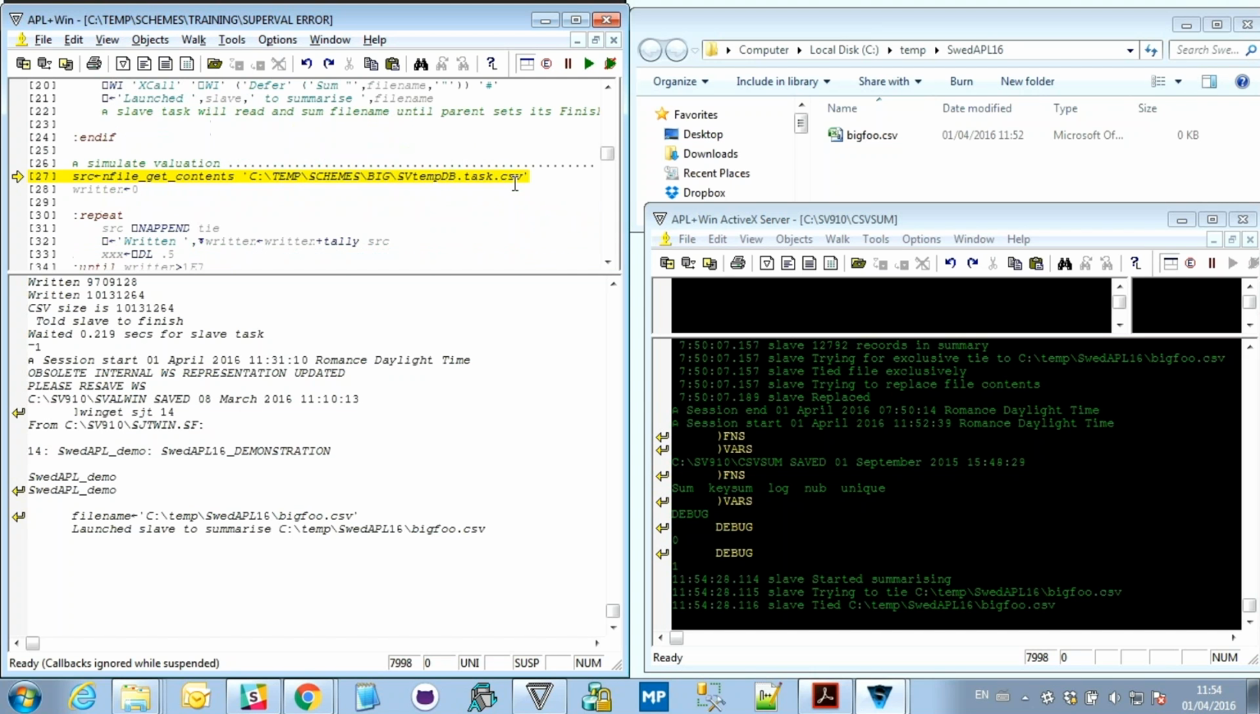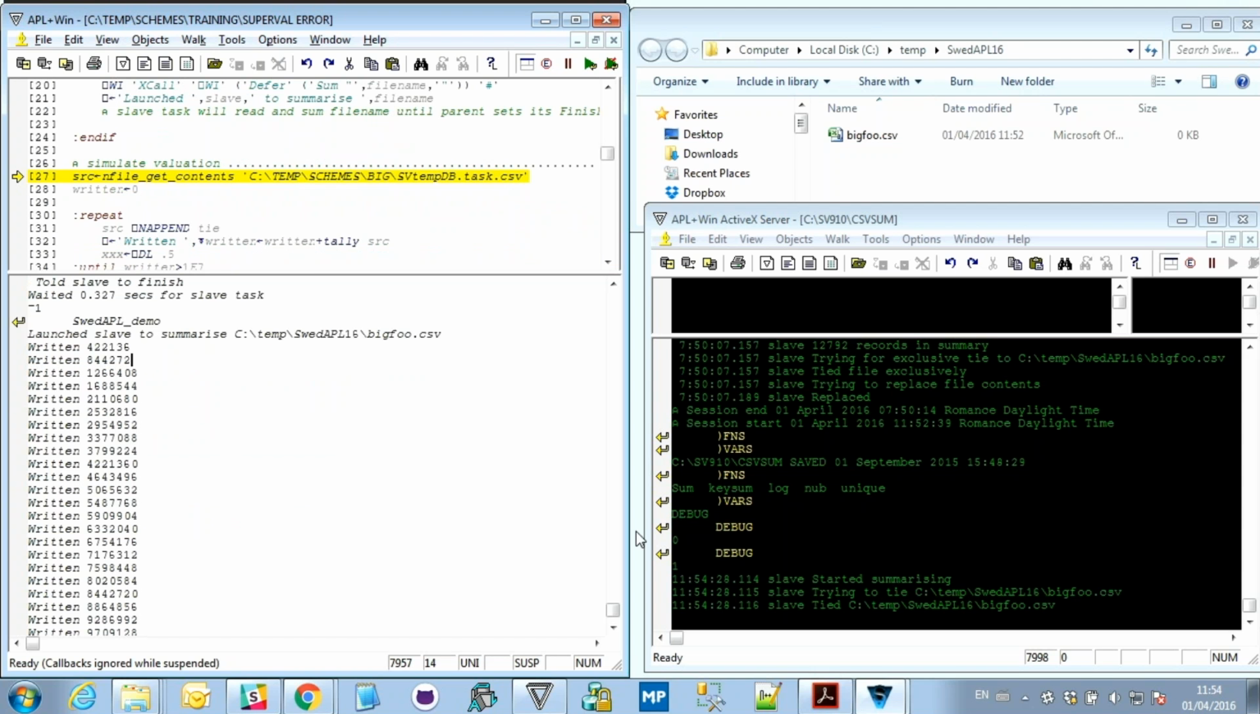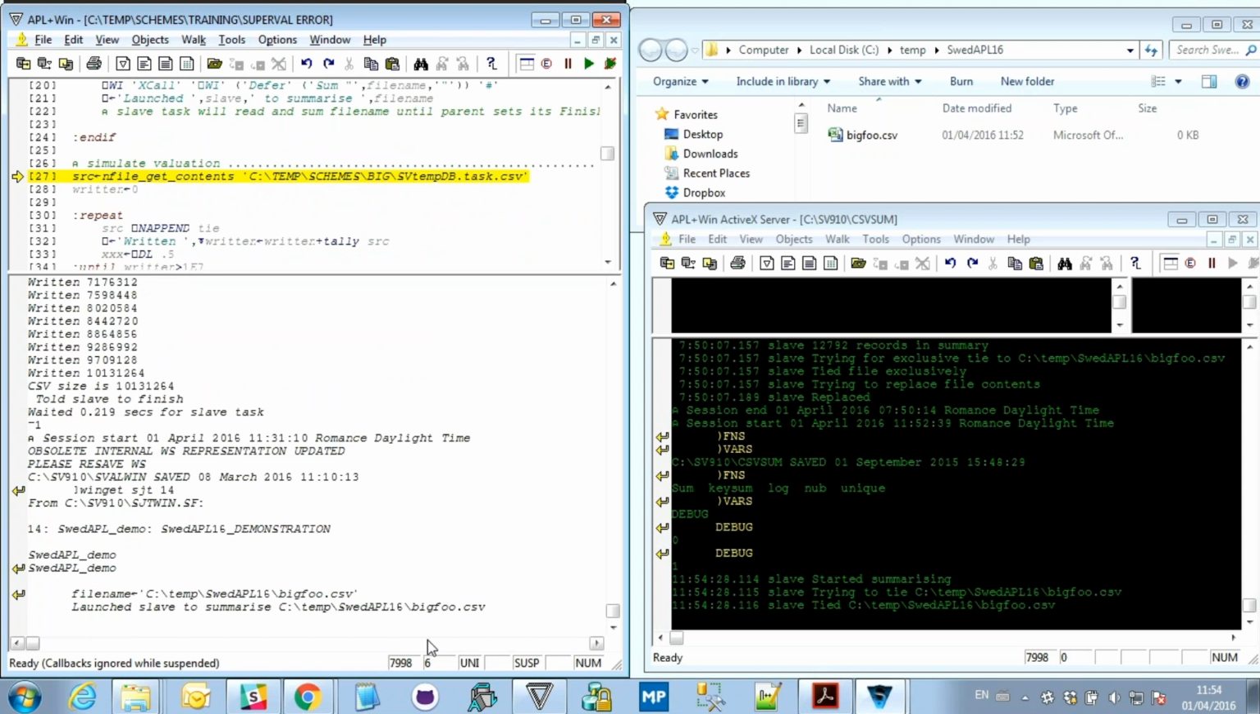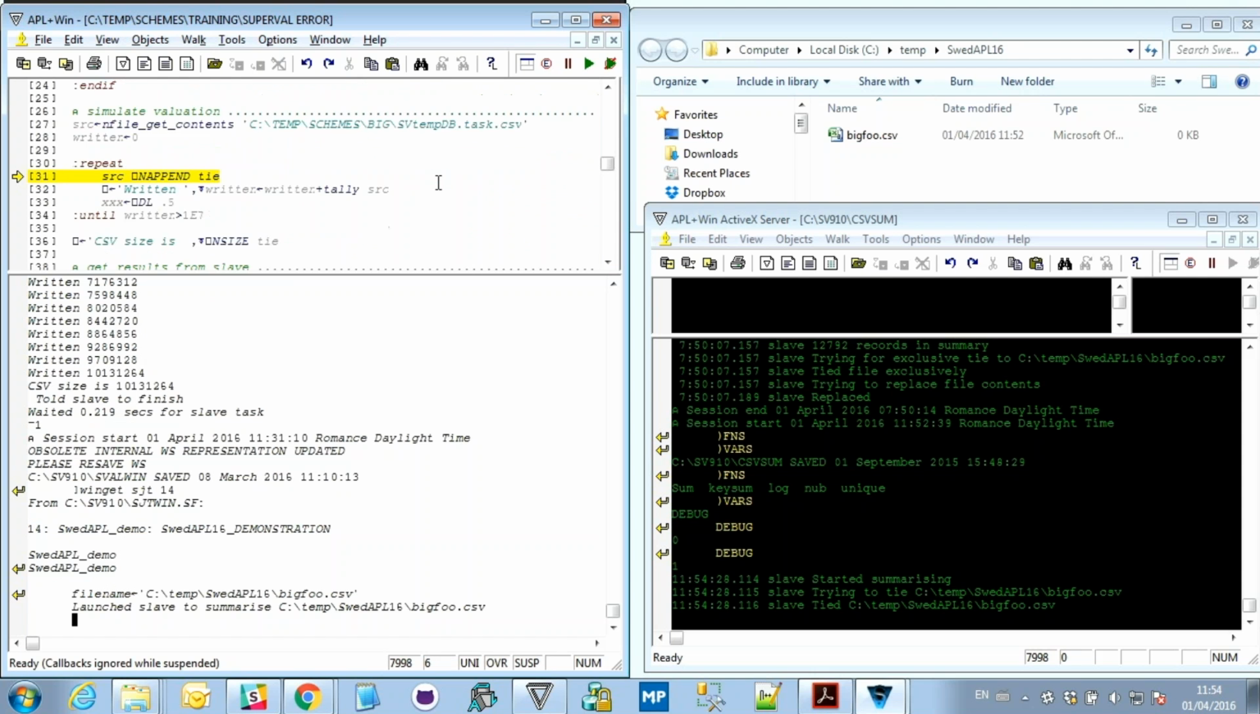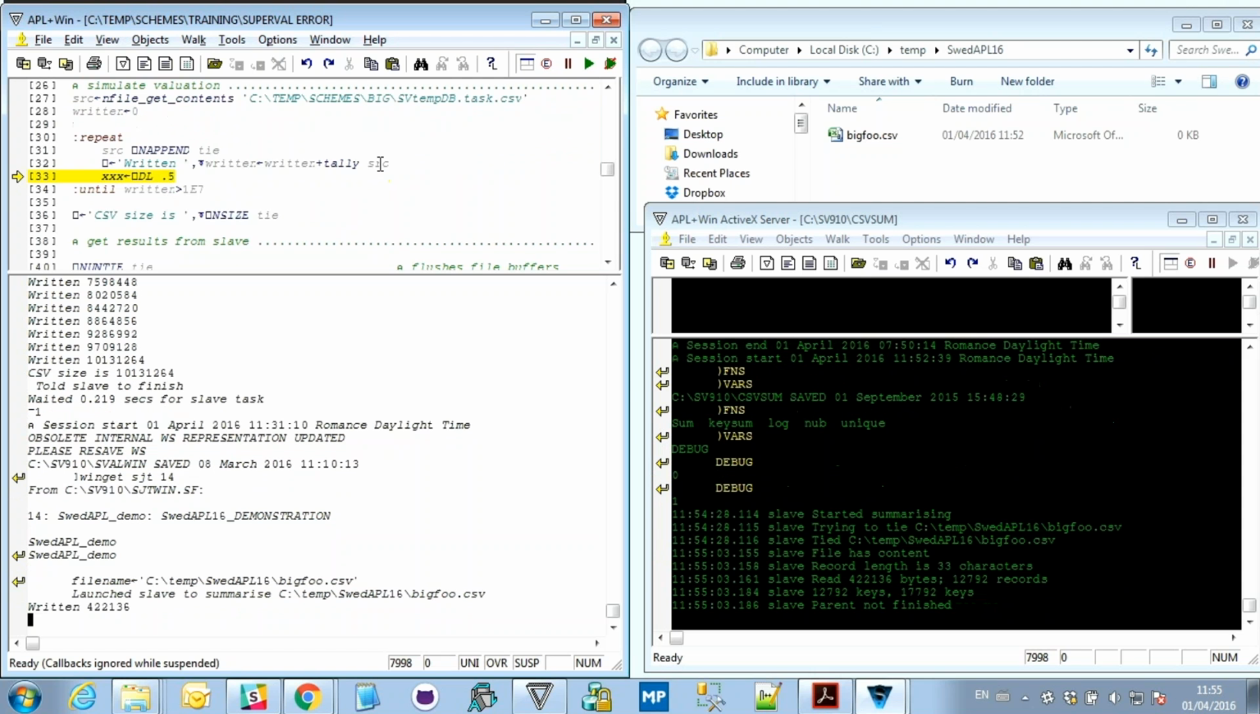And in my own session, I note that I've launched the slave. Now I'm going to simulate valuation. I've got a big table here, lots of stuff. I'm just going to write it out to the file. And you notice as soon as I did that, the slave, which is sitting on the loop, picked up the records and started summing them. And it's now got